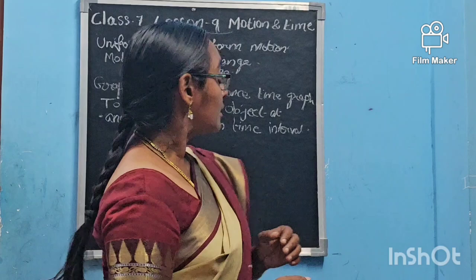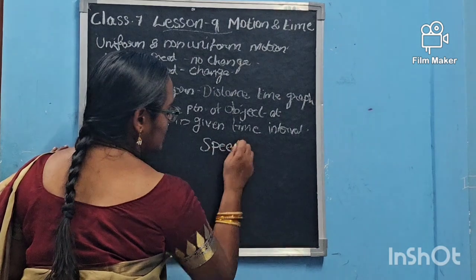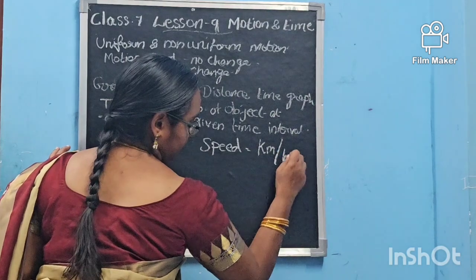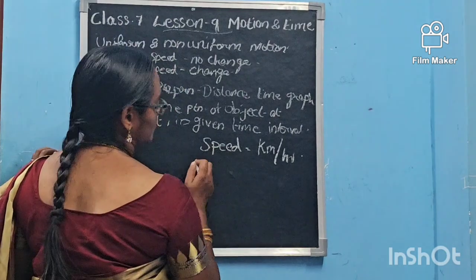The unit of speed as kilometer per hour is also correct. But the SI unit of speed is